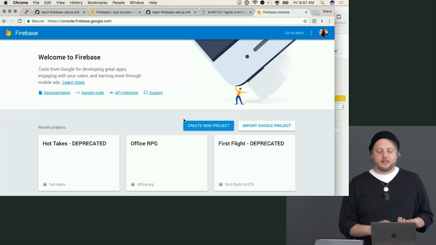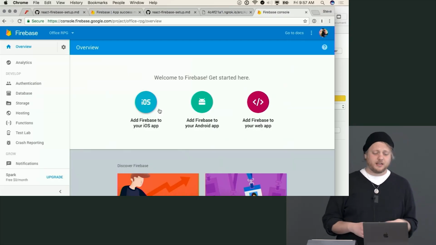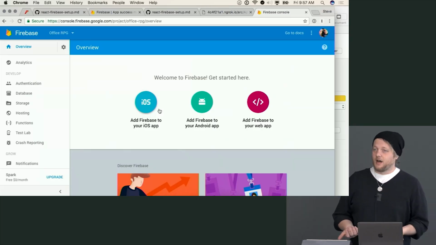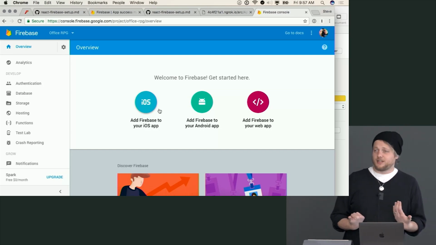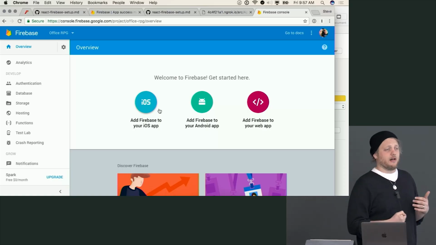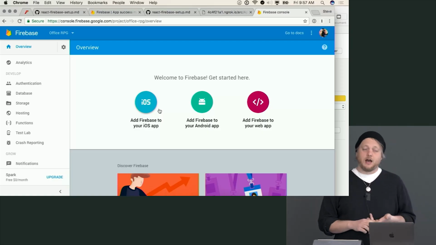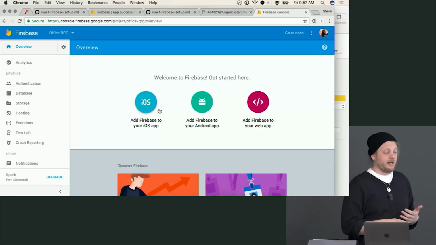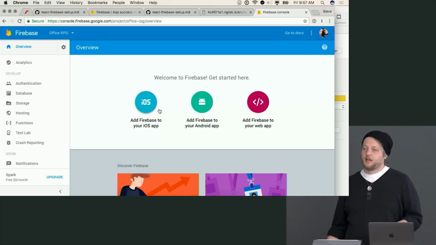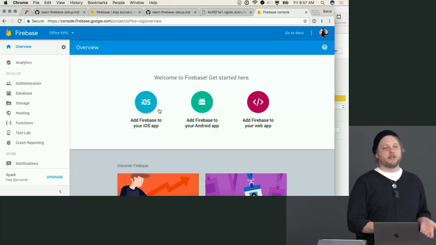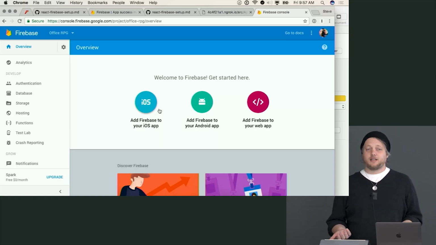So one way to get a sense of what Firebase offers is to open up a project. We're going to create a new project in a second, but let's take a look at a project that does exist. One of the cool things about Firebase is that it supports multiple platforms. Our major concern today is the web, but it also has an SDK for iOS and for Android, right? Those of you who are familiar with React, it will work perfectly well with React Native as well. So if you choose to go that route, you can use the JavaScript SDK. If you want to build in Swift, Objective-C, or in Java for Android, they also have SDKs available for that,